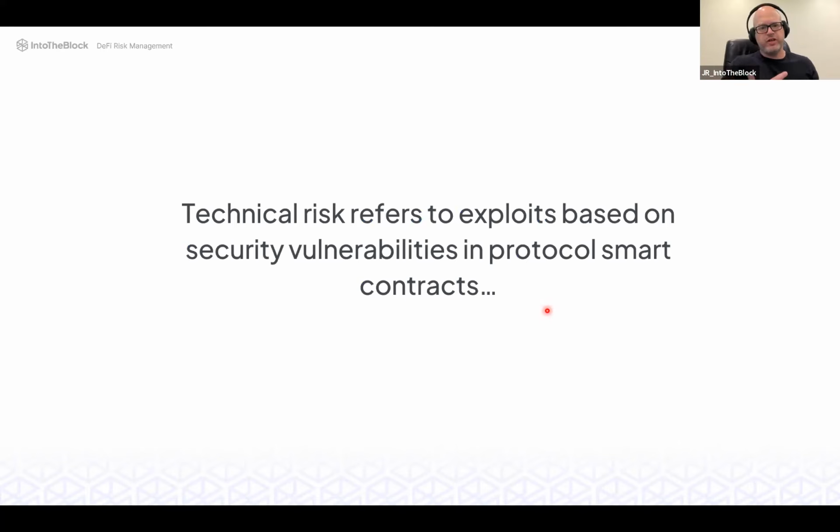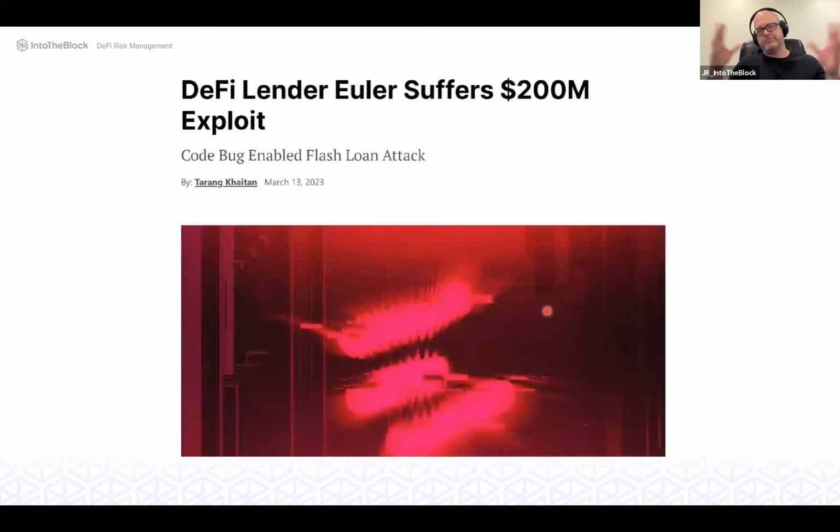So technical risk refers to the ability to exploit security vulnerabilities in a smart contract. We all know, we all read about the hacks, all the exploits that have happened over the last few years and continue to happen. And here's an example of Euler, that I'm actually going to show you some data about, but this is a vulnerability in a specific smart contract in a protocol